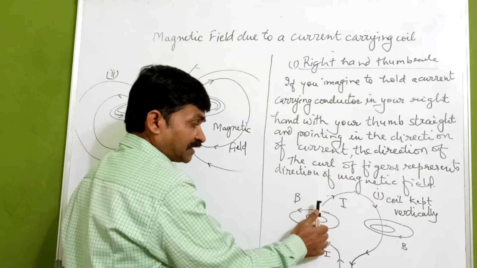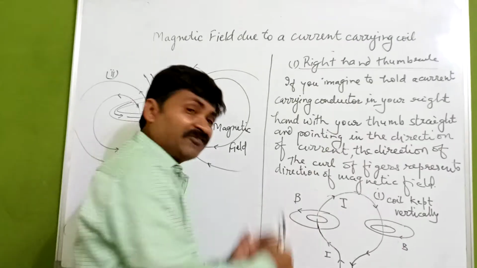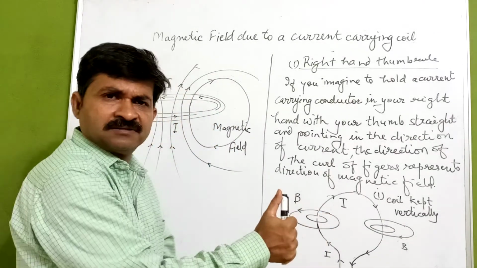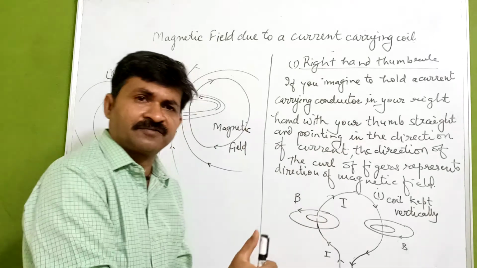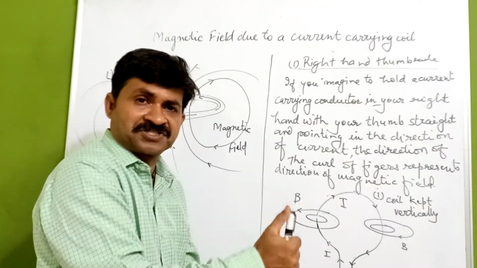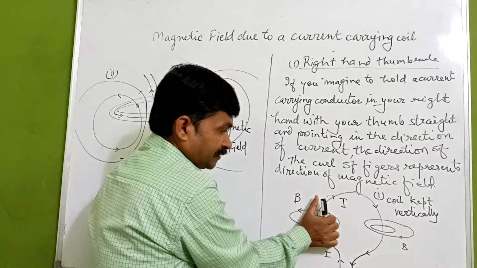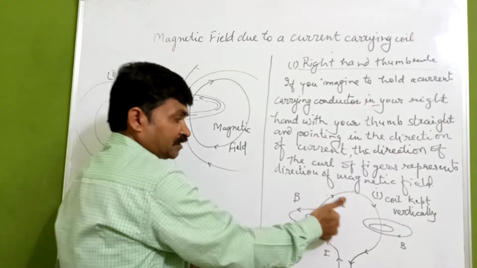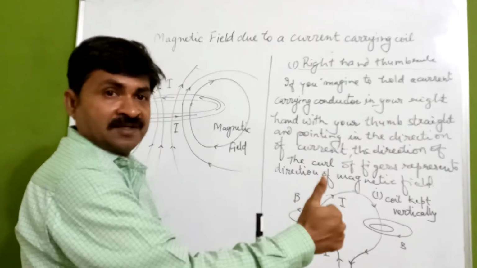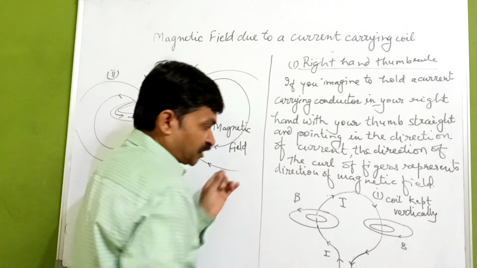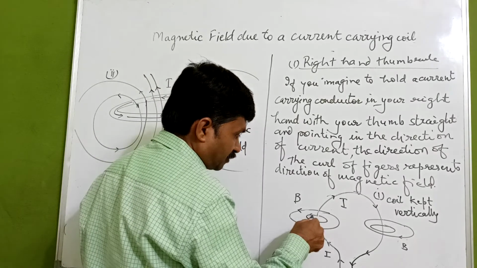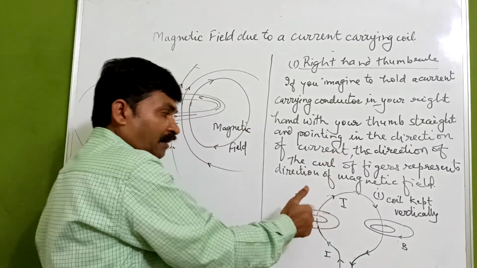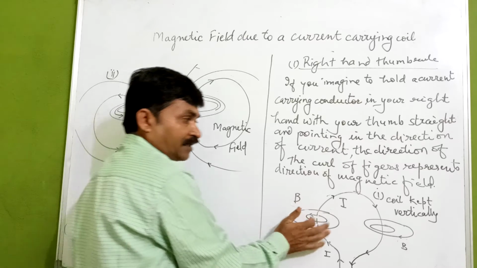If we talk about the magnetic field, the current is flowing like this. We can assume a small portion to be a straight conductor, a straight line. Taking it like this, the current is moving in the upward direction, and the curved fingers give the direction of the magnetic field. This is the direction of the magnetic field. Now the current is moving like this, and this is anti-clockwise. Here we are getting the anti-clockwise direction.